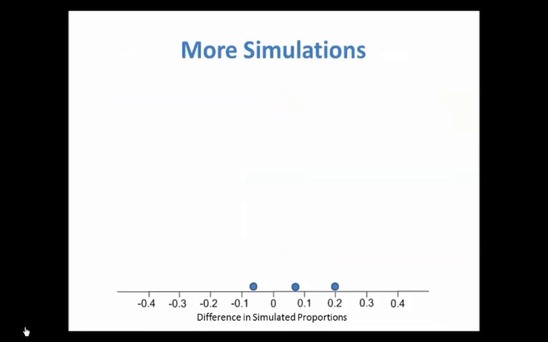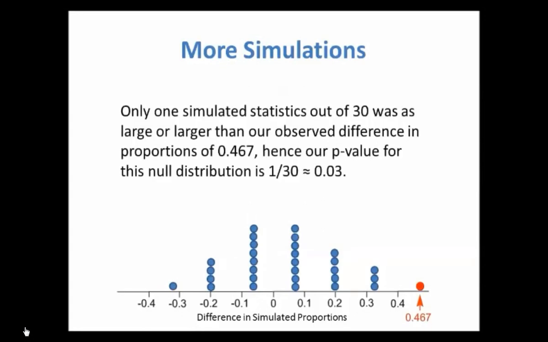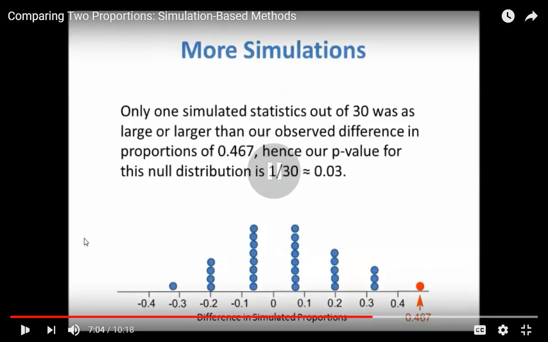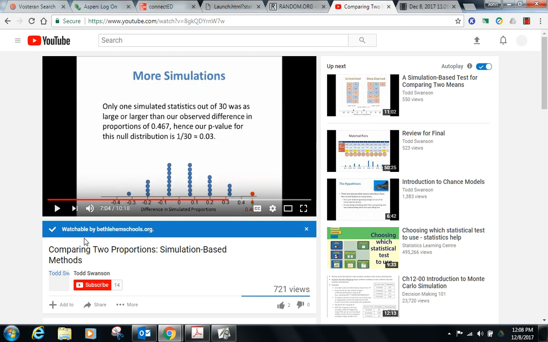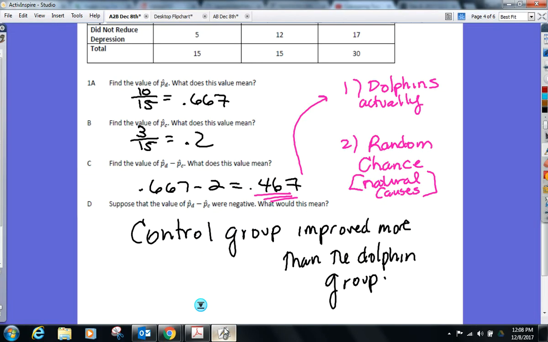In class, I would have each of my students shuffle the cards and compute a difference. They would then plot those differences on the board, and the results might look something like this, which is what most of you guys have on your dot plot right now. So as you can see here, they did this 30 times, and that's what it ended up with on your dot plot right now.